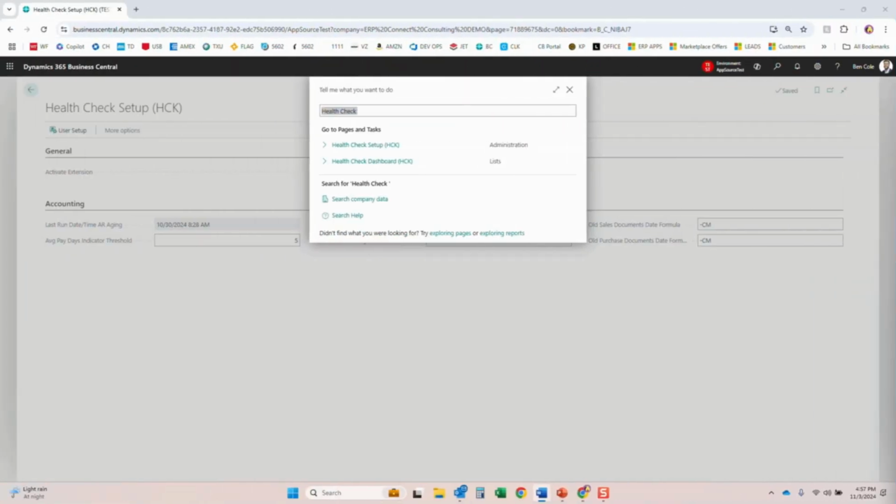In the next 3 minutes, we're going to show you how to fully set up and configure our free Health Check app so that you can run regular health checks on your Business Central environment on demand. Like with all of our apps, you'll first need to download it from App Source, but unlike our other applications, this does not require a demo or activation key, as it is completely free, meaning you can utilize it forever